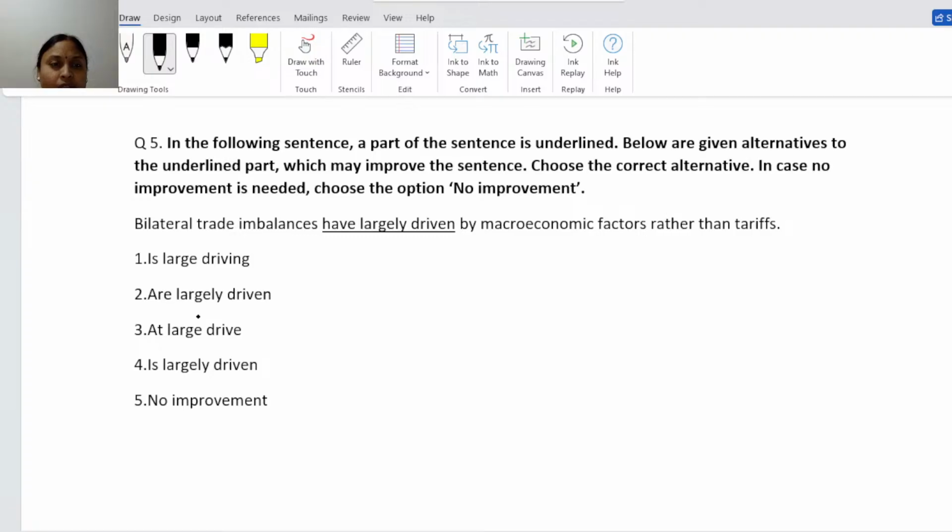So here, bilateral trade imbalances have largely driven by macroeconomic factors rather than tariffs. So regarding this, we have to see whether the statement is correct or not. Here it is connected by the word by. So here we are supposed to correct it as are